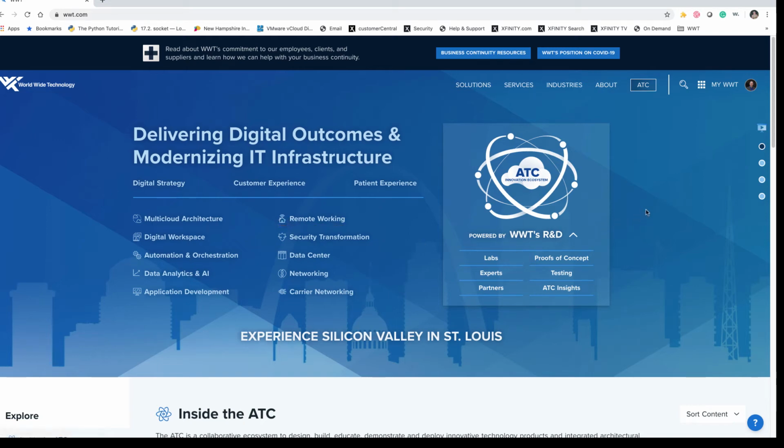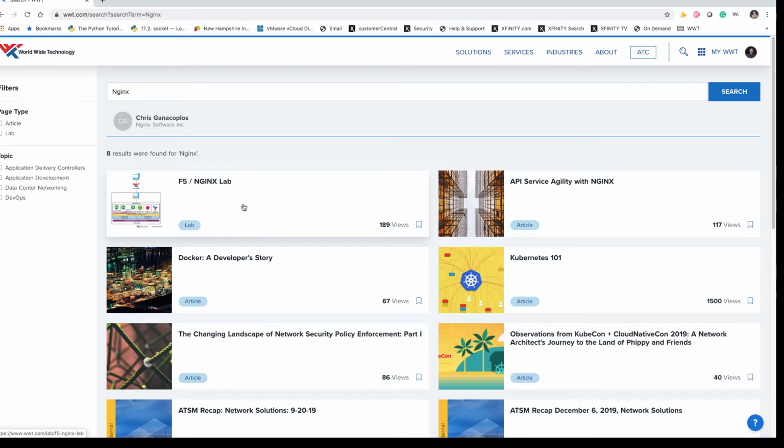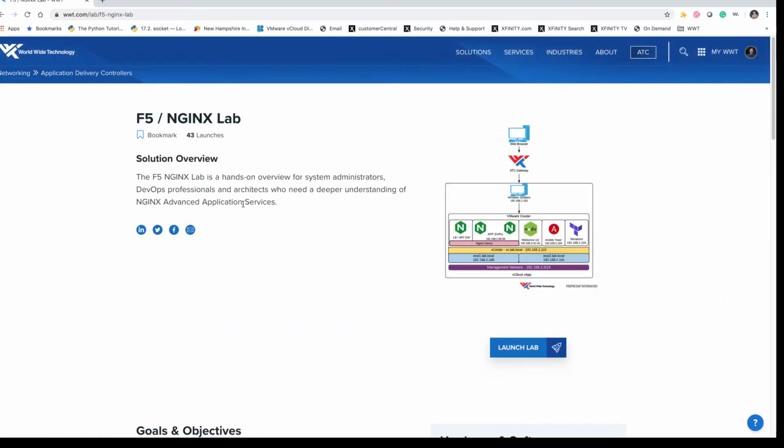Welcome to the Worldwide Technology F5 Nginx Lab Module 1. First thing we'll do is search for Nginx on the WWT portal and select the F5 Nginx Lab. Next, we'll launch the lab